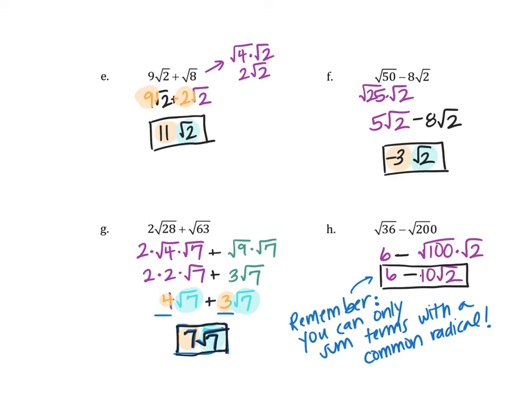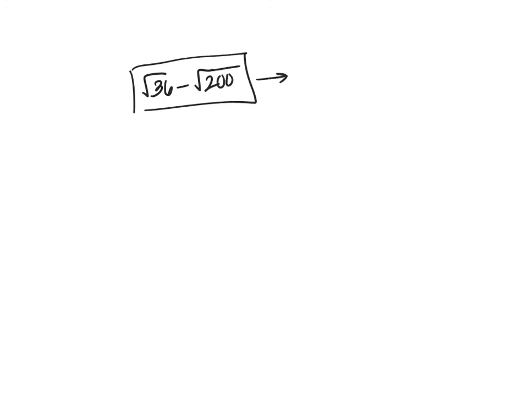The last thing I want to talk about is you can double check your answer on your calculator. So if you wanted to, I'm just going to create a new screen here of today. You could look at the original problem. So I'm just going to use the last one for example. I have square root of 36 minus square root of 200. So if you want, you can type this into your calculator exactly as you see it. When you type into calc,